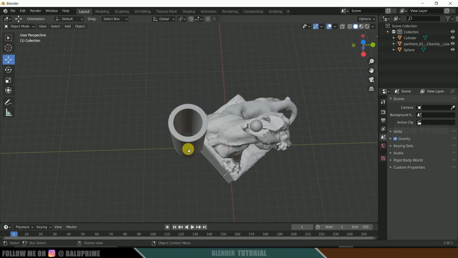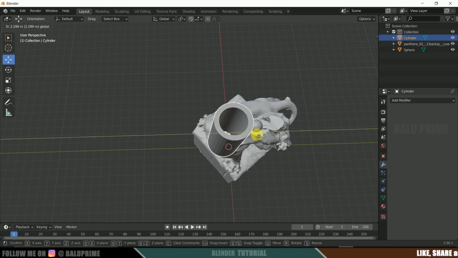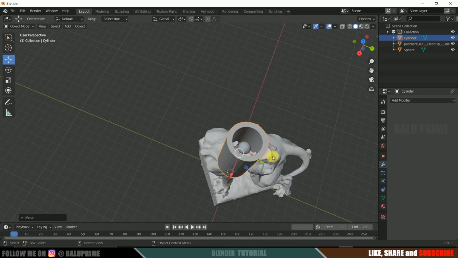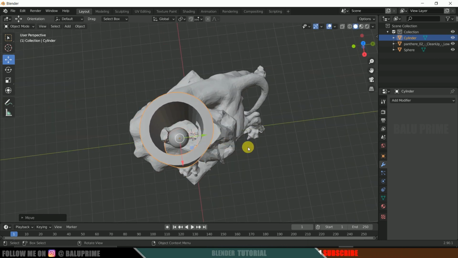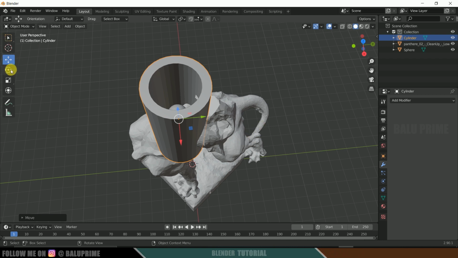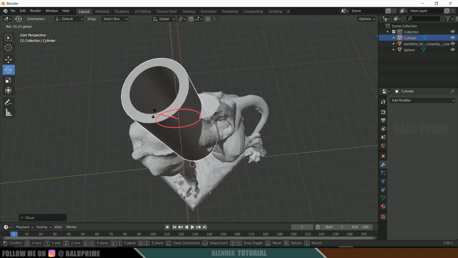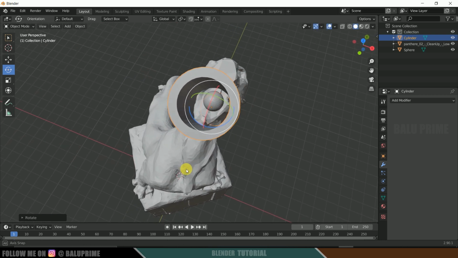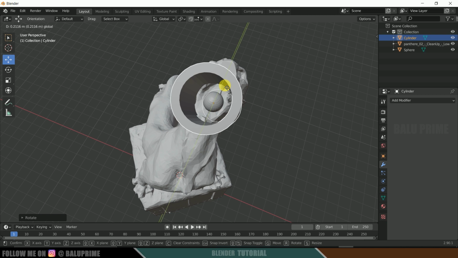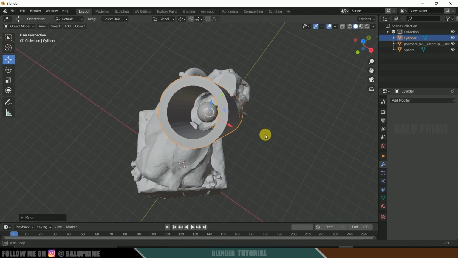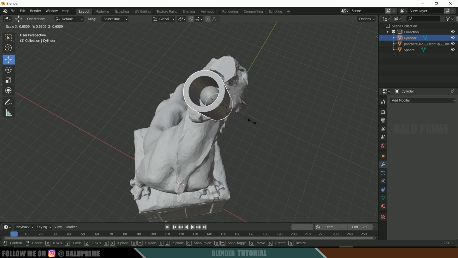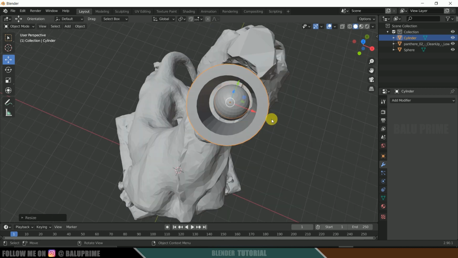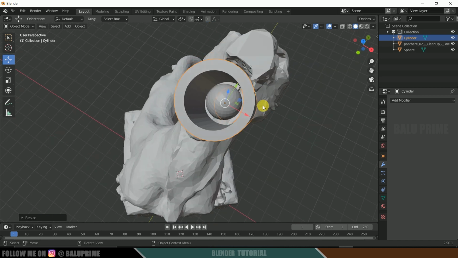Now select this cylinder. Let me place it here so that our sphere will be inside it. Let me move it. Okay. Rotate it a bit. Select this rotate tool and rotate it here like this. Fine. Now let's reduce the scaling of this. Select the cylinder, press S and reduce the scaling like this. Make sure that the sphere is at its center and it is not touching this cylinder.